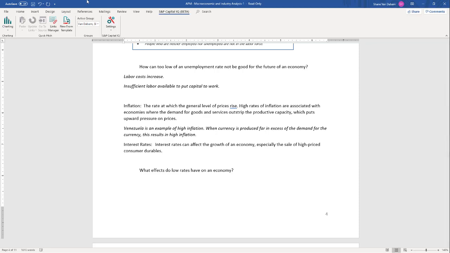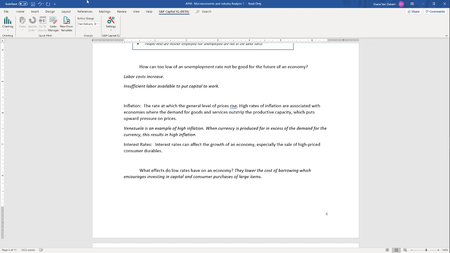So what effects do low rates have on an economy? Well, on the plus side, it lowers the cost of borrowing, which encourages investing in capital and consumer purchases of large items. So whenever rates get really low, you'll start to see, and we're even seeing this now,